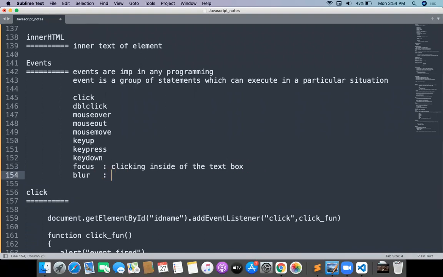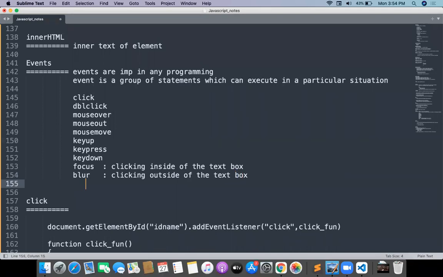Blur means clicking outside of the text box. One important point to note here: focus and blur work for inputs only. Only for inputs, focus and blur events will work.